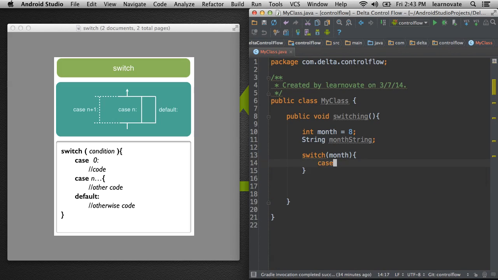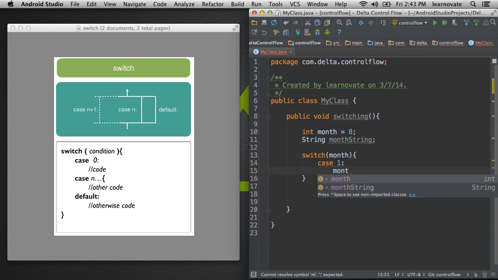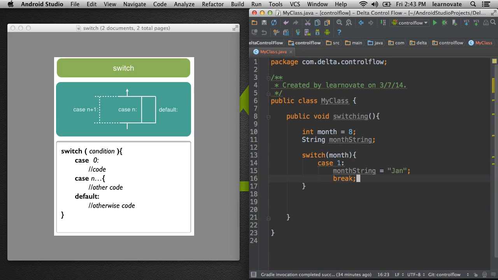And in the case that it's 1, I want my month string to be equal to January. And then I'm going to break out of there to make room for case 2, where my month string is equal to February. And you can see that this structure is much faster to type for this kind of